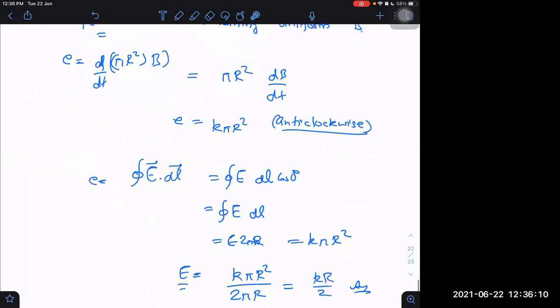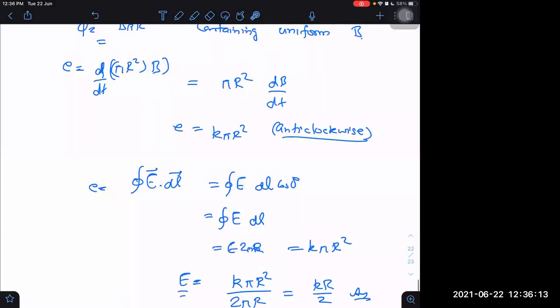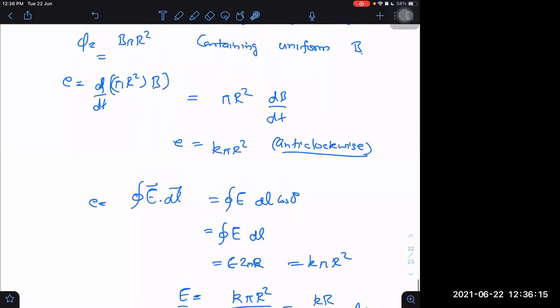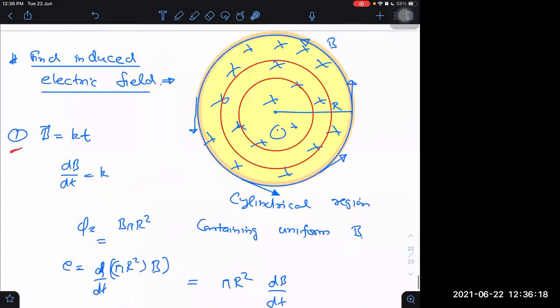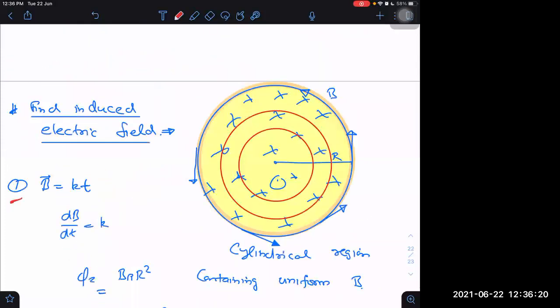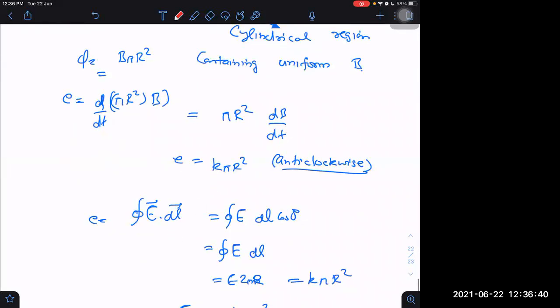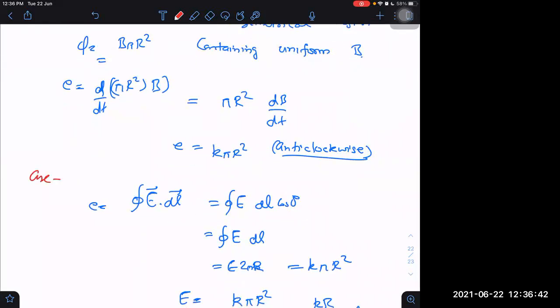I think I already committed a mistake here. It was my mistake. I asked you to find the induced electric field, but I have to tell you at which point we have to find it. I found it just at the periphery of the surface, but that was not required. I could have found it in many places: case 1, small r less than capital R; case 2, small r greater than capital R; case 3, small r equal to capital R. I found it for r equal to R, the third case. So I have taken case 3 only. The remaining 2 cases I will take tomorrow.